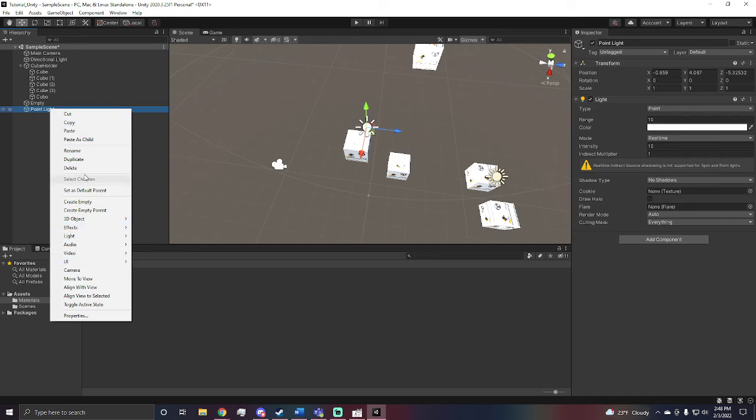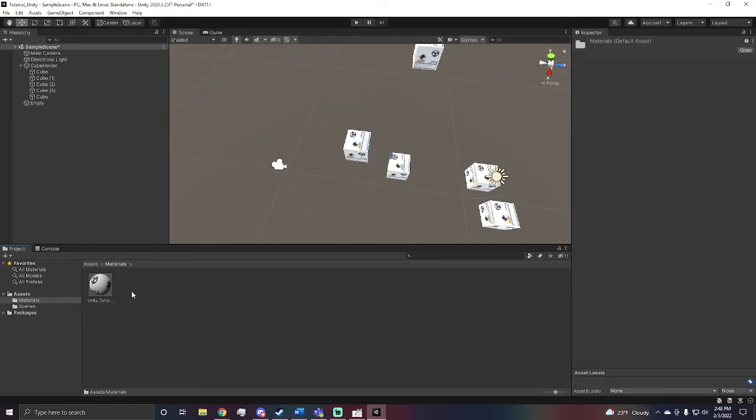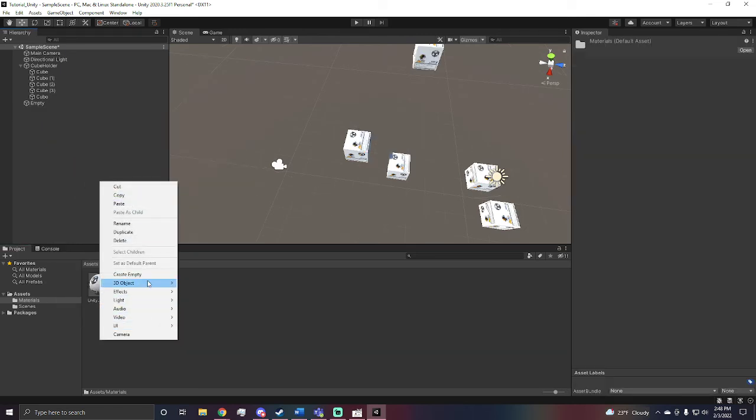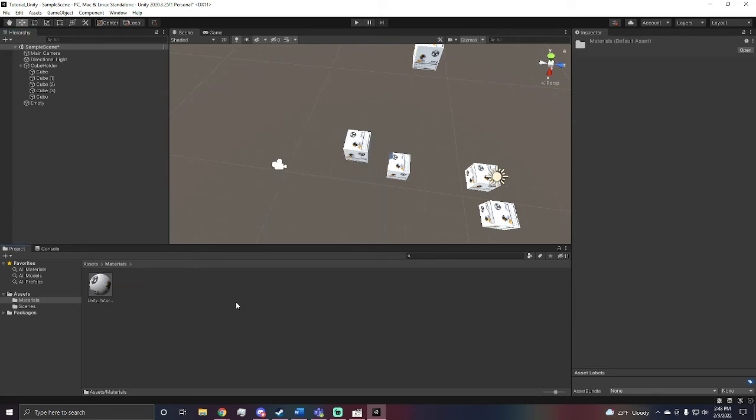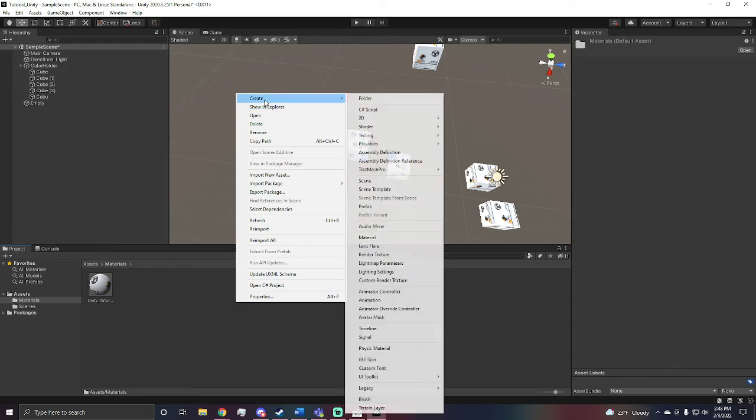Cool. All right, so now that's materials. You can make materials. You can go here. You can create some things in the project that you can't create in the hierarchy, I should have said. So for example, here you can say create, and you get an even longer list of things. You can get all the things you got before, and then you can also get scripts and prefabs, which I'll go into in a second. You also get materials, lens flares, render textures, light mapping, all that kind of stuff, animations, all that nonsense. Cool. Let's get into